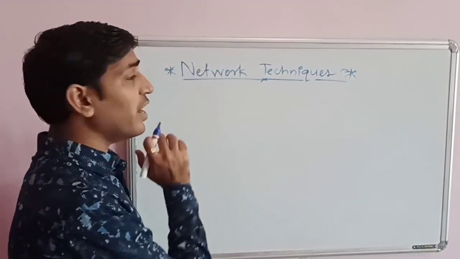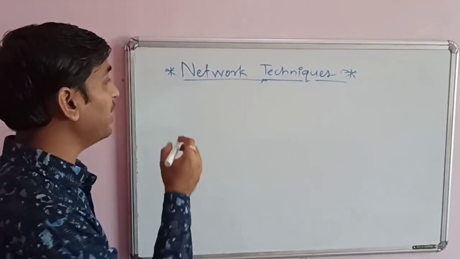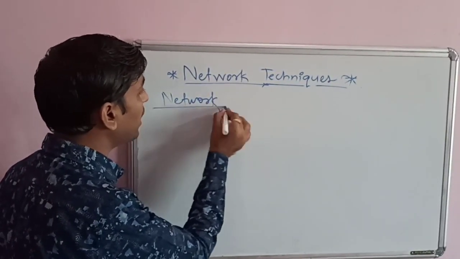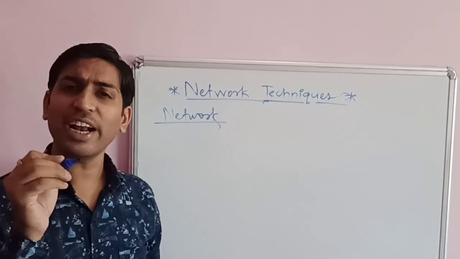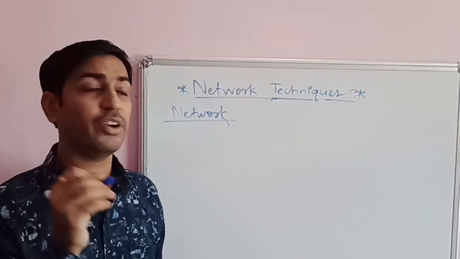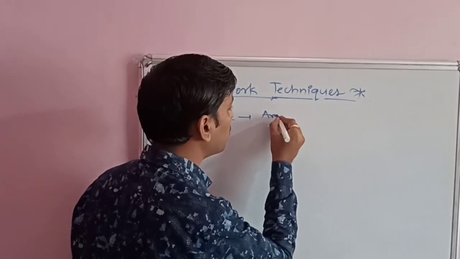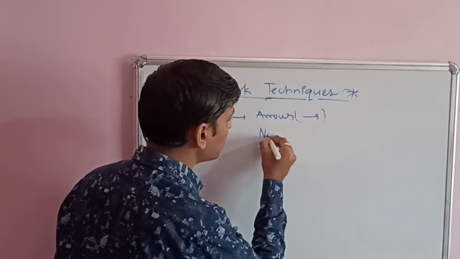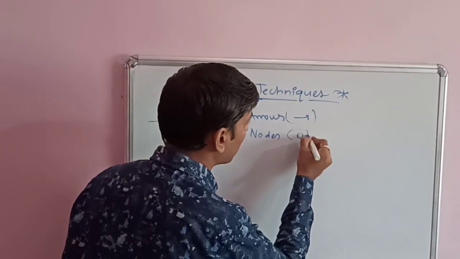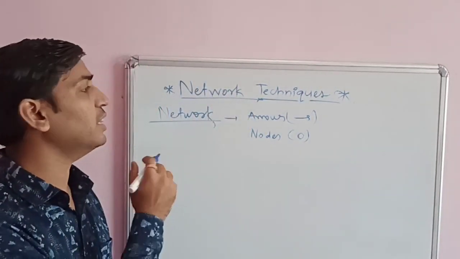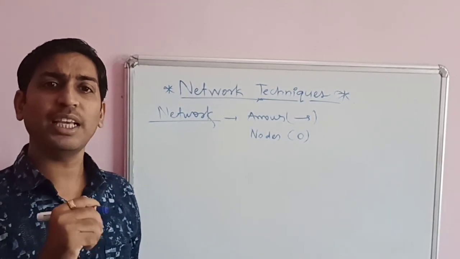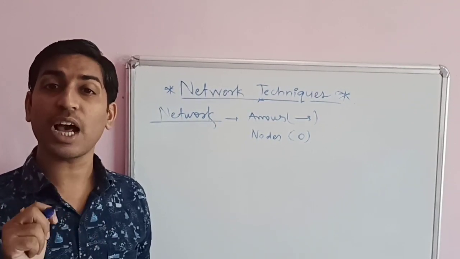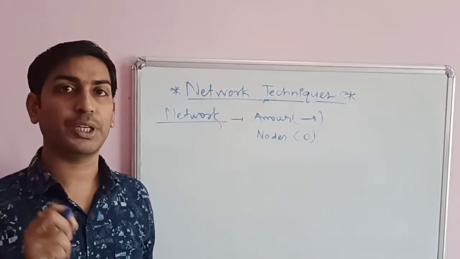Let's move toward the different concepts including the network techniques, in which the most important one is the network. What do we mean by the term network? A network is a graphical diagram consisting of certain configurations. These are arrows and nodes. An arrow is represented by this and a node is represented by a circle. So these are the two configurations used in the network. At the same time, these two representations act as a logical sequence of various tasks to achieve project objectives.